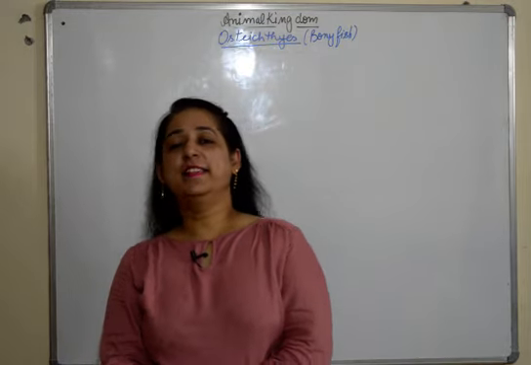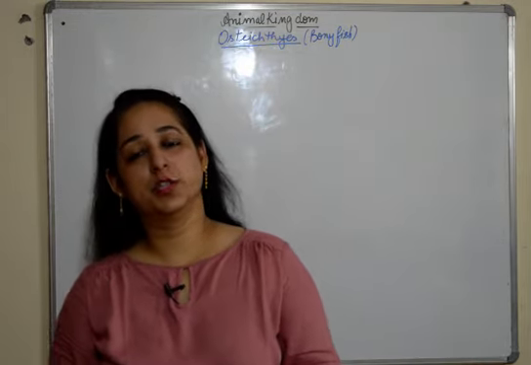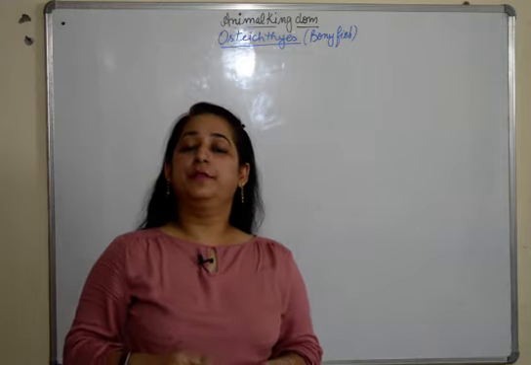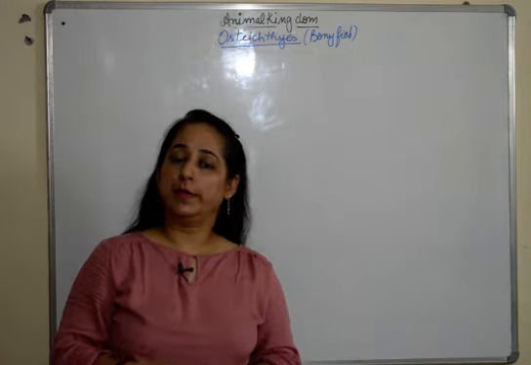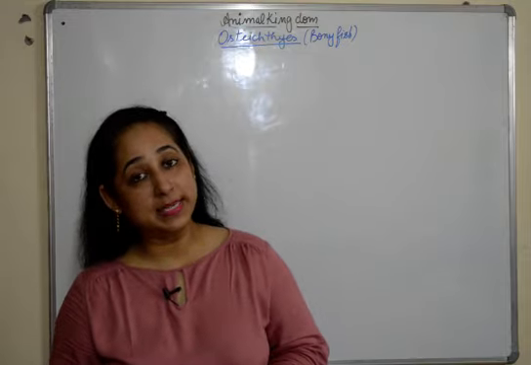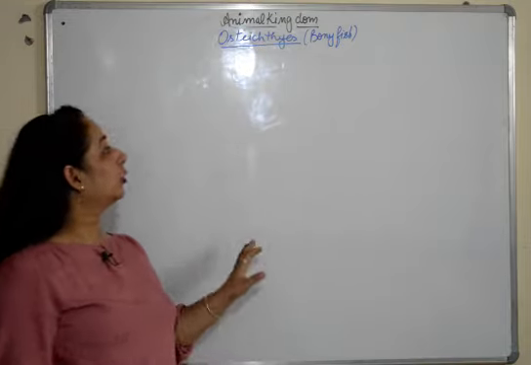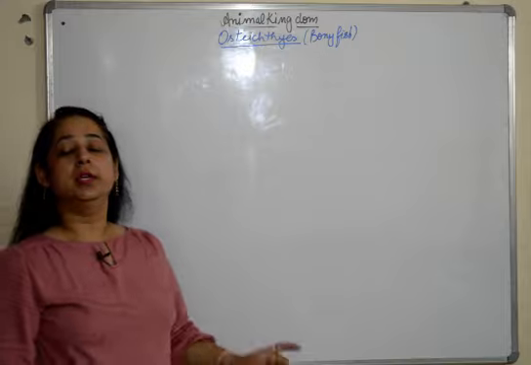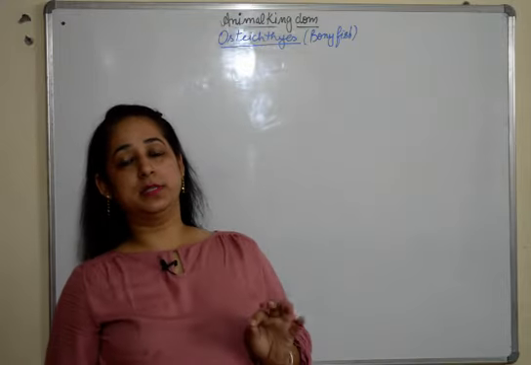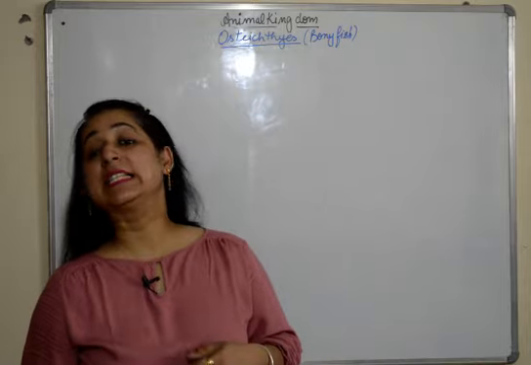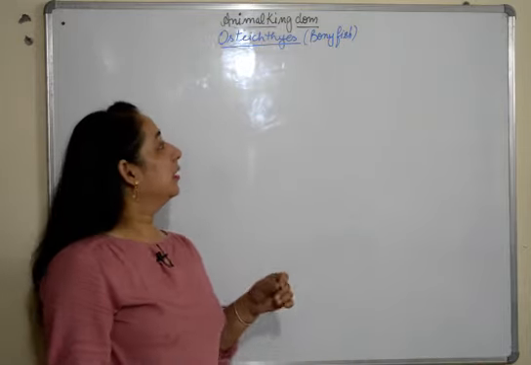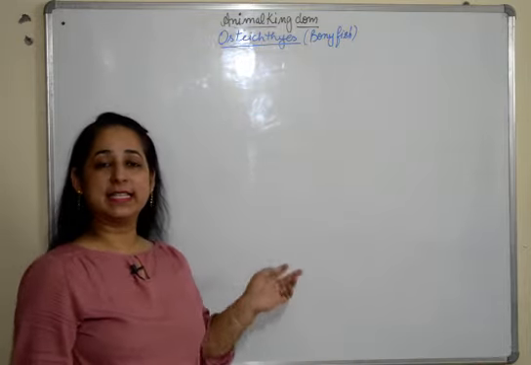Hello everyone, this video is in continuation to our videos on animal kingdom. We have already discussed in our previous video about chondrichthyes and we have discussed their examples as well. In this video we'll talk about osteichthyes, the bony fish, the unique characters and various systems of bony fish. In our next video we'll talk about its examples. Fine, so we'll talk about osteichthyes now.